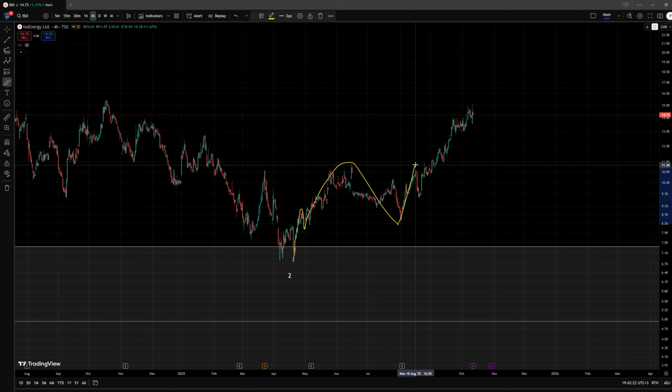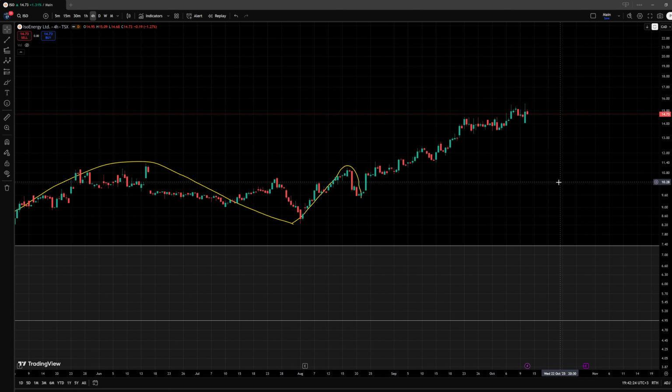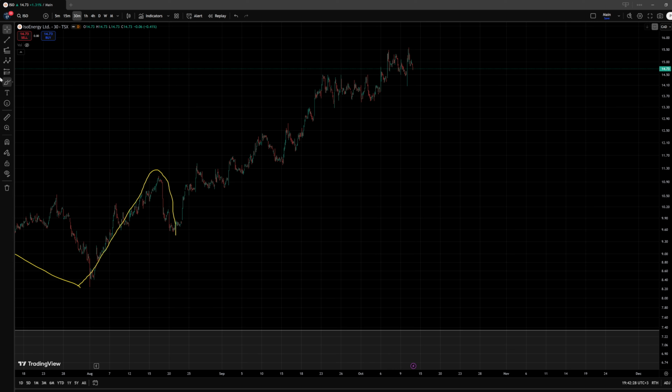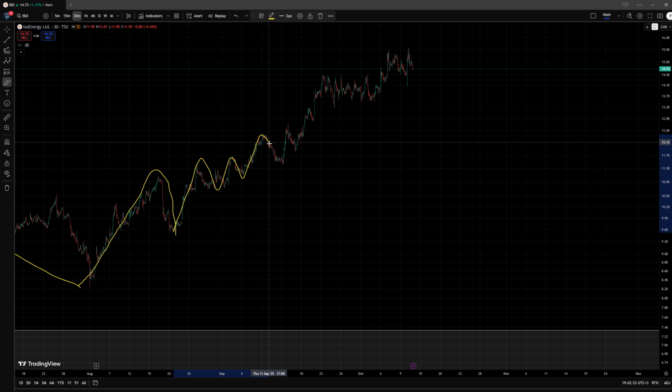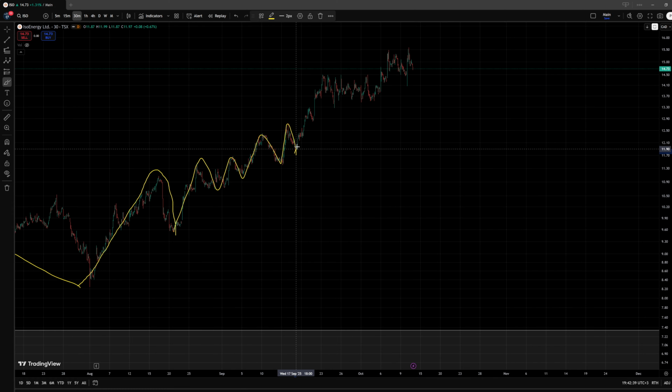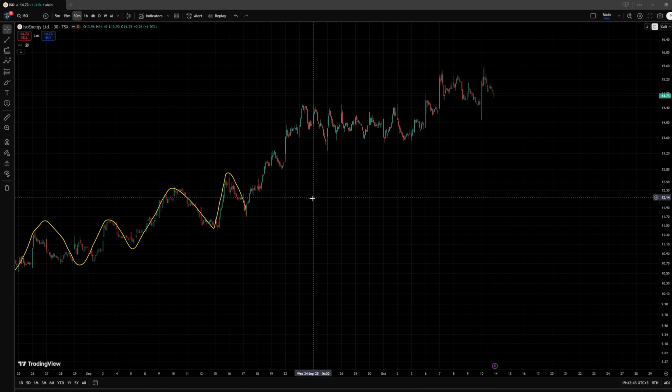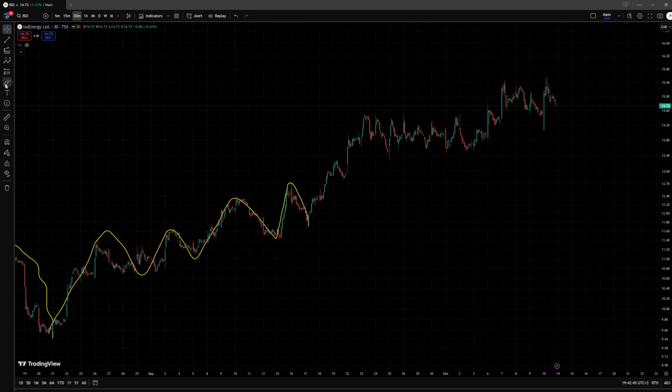Then we have another 1-2 here, and here in the shorter time frame, we have a series of 1-2 setups that has developed in this area. And then here we have a wave 1 up, a wave 2 down, and here this is the 3rd wave to the upside. And it might look a little odd, but I can realistically count this as an impulse,